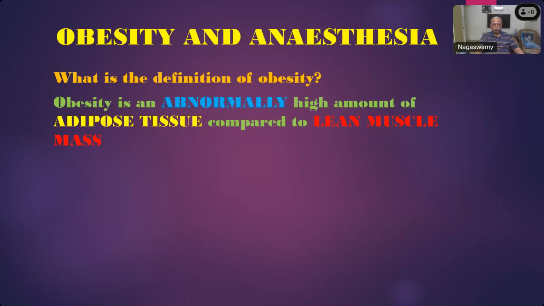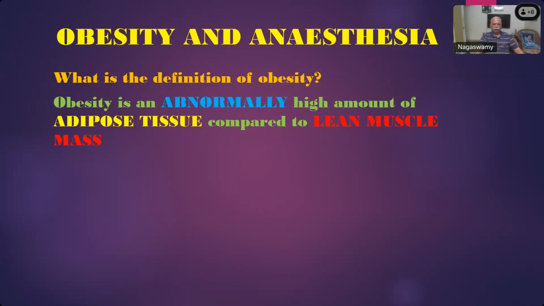I don't know how many of you watch the WWF program on TV, where you find the fighters are all well-built fellows with huge body weight. But their muscle mass is so good. Even though they appear huge and bulky, their muscle mass is much more than the fat. So body weight, BMI wise, they may be on the higher side, but their muscle mass is quite high. So they are not sarcopenic obese people. They are more muscular obese people. So that is the definition.